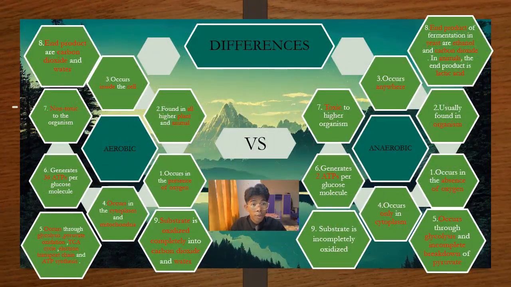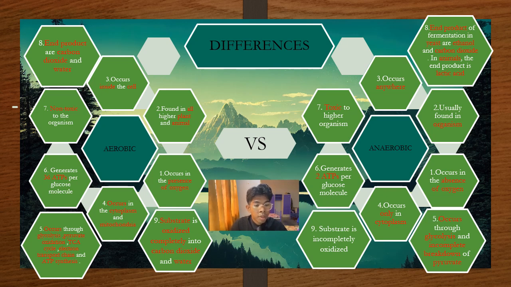So now we are going to talk about the difference between aerobic and anaerobic respiration. There are 9 differences listed below. The first one, aerobic respiration occurs in the presence of oxygen, while anaerobic respiration occurs in the absence of oxygen. The second one, aerobic respiration is found in all higher plants and animals, while